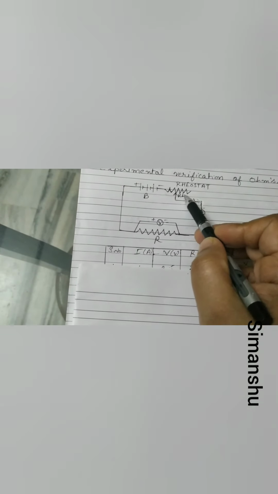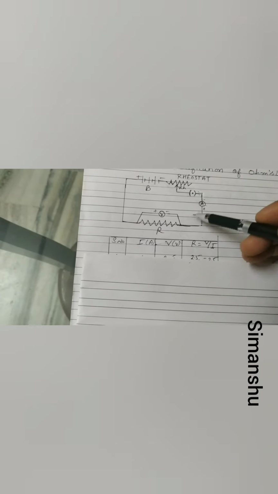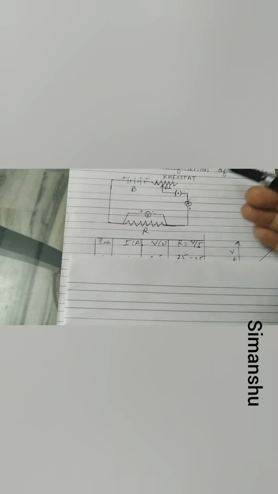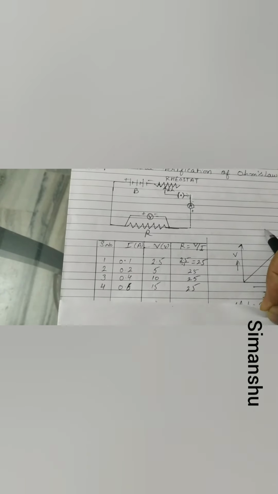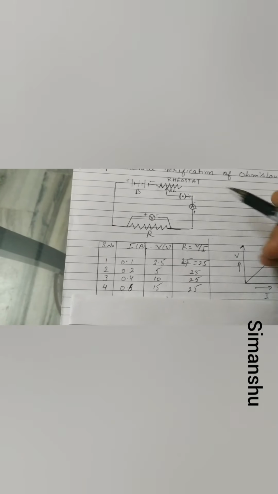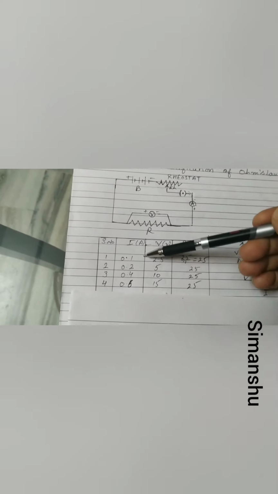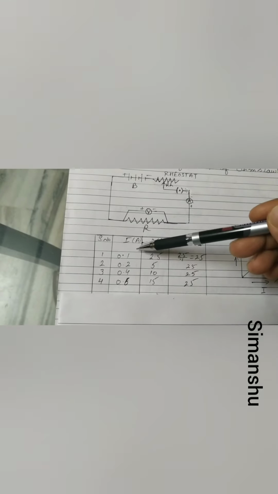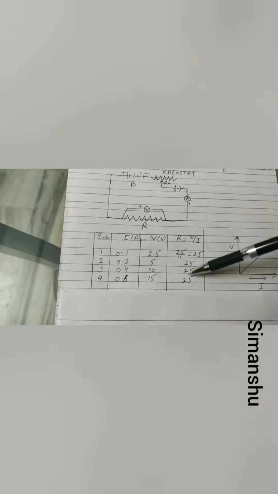After taking the first reading, what do we have to do? We have to change the value of resistance provided in the circuit by the rheostat, because it can provide variable resistance. Whatever resistance is required, whether you want to increase or decrease, you can do it using it. So second reading, then third reading, 4-5 times you have to take. I wrote some values here. On changing the value of the rheostat, we get different values from the ammeter and voltmeter. In this first column, all values are from the ammeter and voltmeter. Then here I took the ratio.